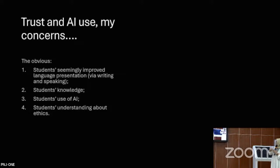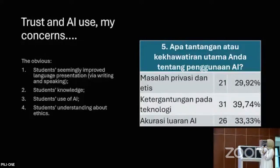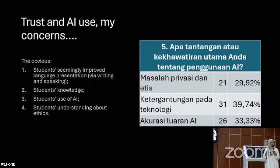Okay, and let's see. Okay, so this is what I mean by the irony. So students think about this. They are worried about their dependence on technology. They are worried about the accuracy of AI products, but they use AI. Ya, mungkin karena kebiasaan SMS, ya, kebut semalam saja gitu ya pekerjaannya. Oke, kemudian terakhir,